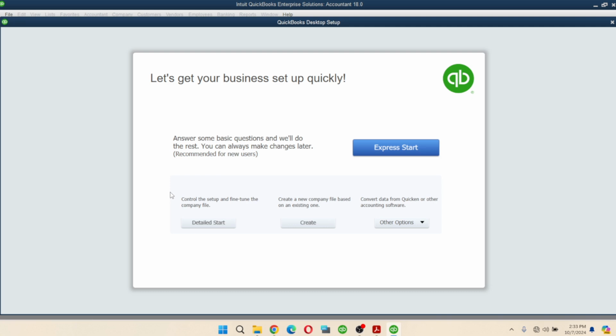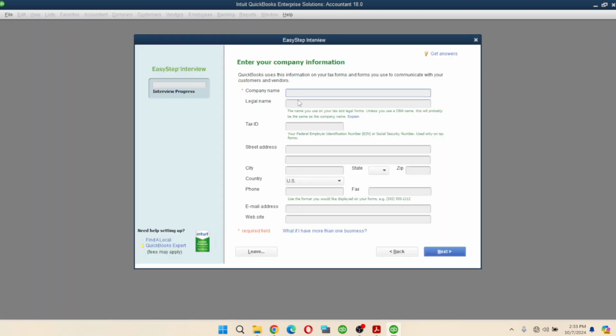When you look at it here now, it says detailed start, control the setup and fine tune the company file. So that is what we're going to want to control, the settings of our company. So let's go ahead and click. So once you click, let's type